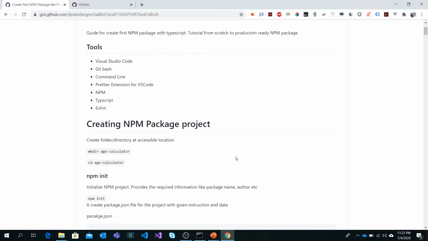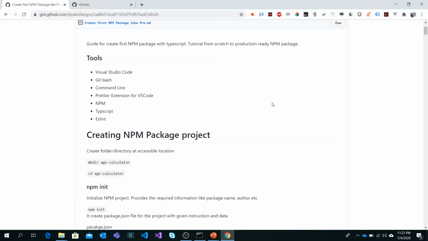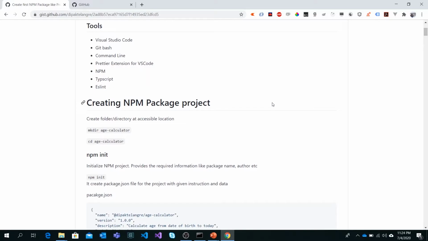We are going to use Visual Studio Code as an editor, but I believe if you are using a different editor like Notepad++, Sublime, or anything other than that, everything will be the same as well. We are also going to use Git bash sometimes, but in my case, I'm going to use the command line prompt for executing Git commands. If you have not installed Git already, I will recommend you to pause this video and install Git before you get started. So let's jump to the terminal and start creating the project.